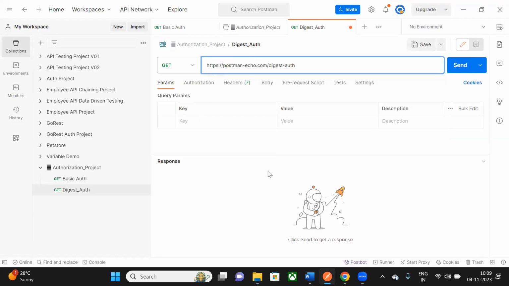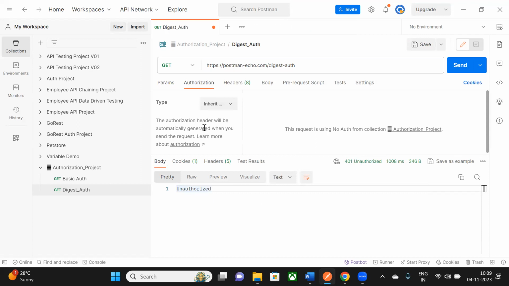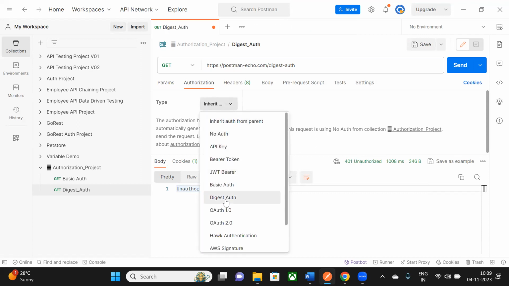and just paste it and see, if we try to hit it without providing any values, the same thing, it is 401 unauthorized and status shows as unauthorized. So it means this server has declined my request. So for that we will have to add the authorization, and here the type will be digest auth,